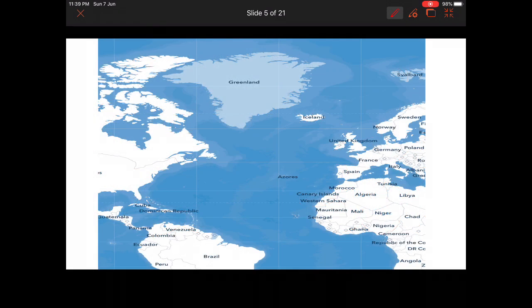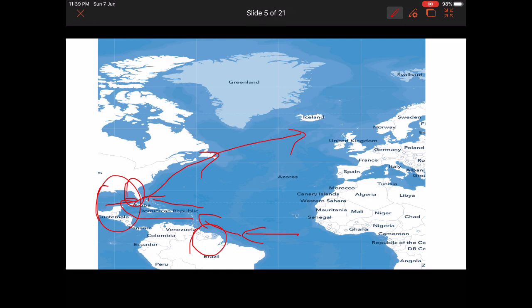See guys, I will explain the logic in this figure. You can see south equatorial coming here and it moves upward as Cayenne current, because here we can see Cayenne of French Guiana, and a part of it goes here as Florida current, because this part is Florida, and a part of Cayenne flows here. These two will join here and it comes as Gulf Stream. Why Gulf Stream? Here we can see Gulf of Mexico.